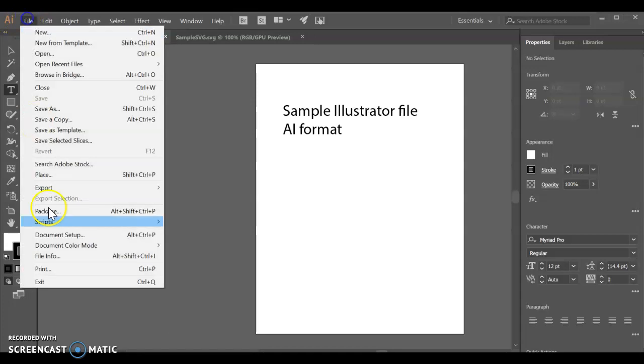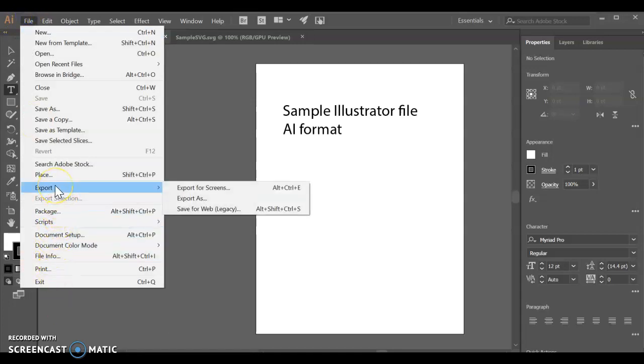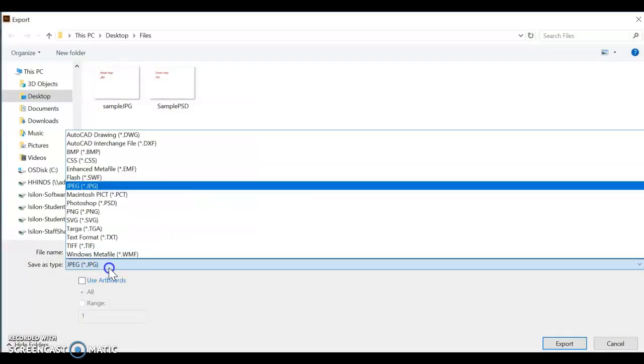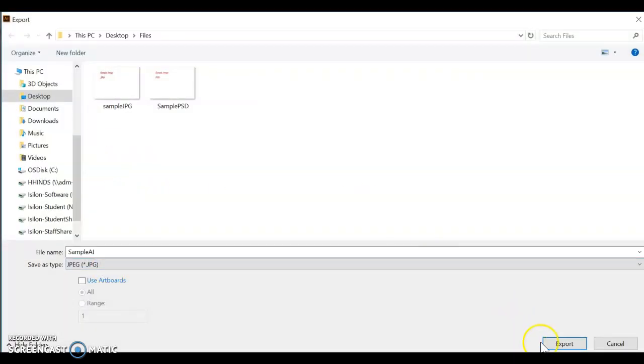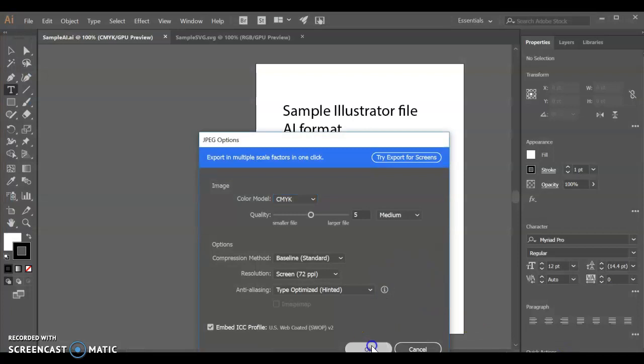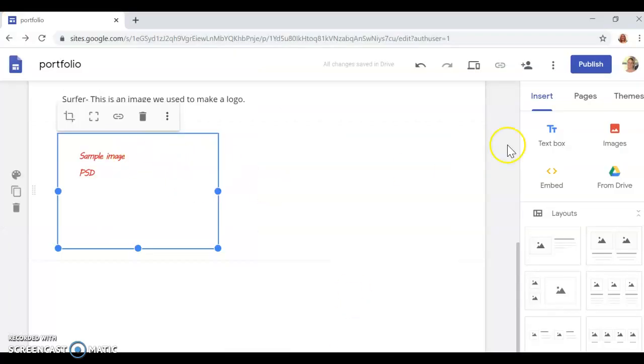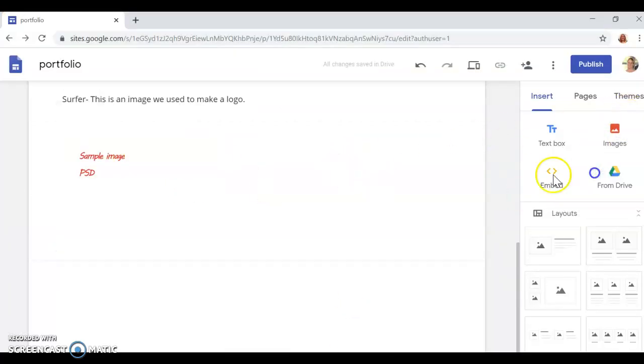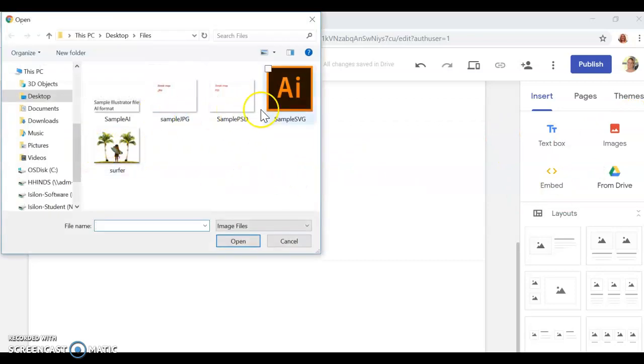Both of those would have to be saved a different way. So if you go to File and go to Export, you can export as and save it as a JPEG. That's going to let you have the sample Illustrator file available for upload. Suddenly I have another option. Sample SVG doesn't work, sorry, but sample AI right there. That's the one because it's not actually an AI, now it's a JPEG file. So you may have to go back up and save some of the things in a different format, but definitely